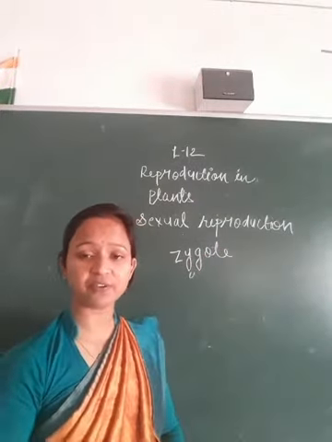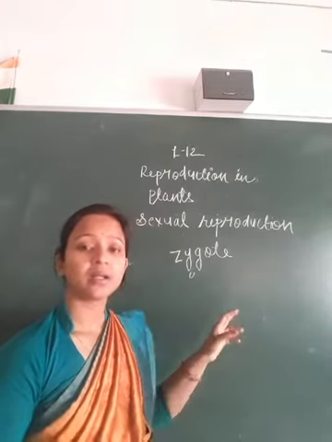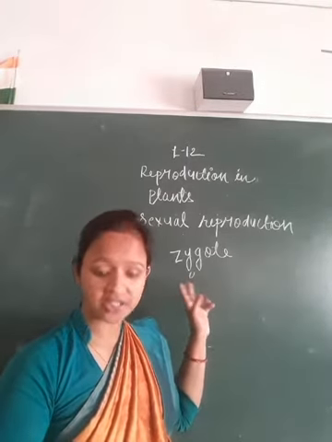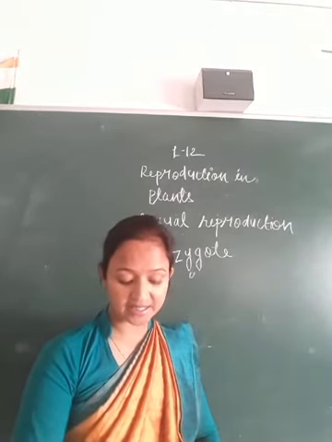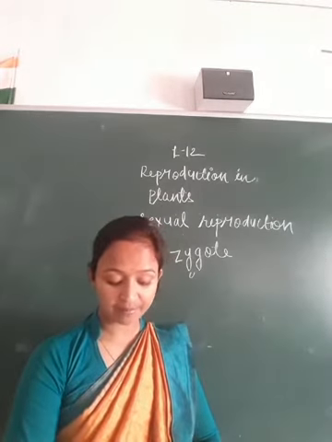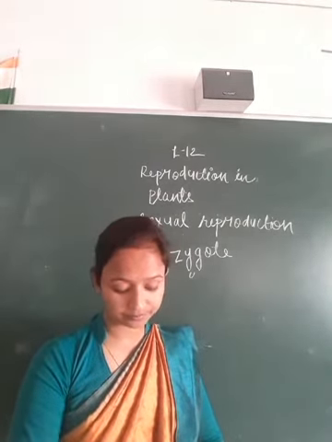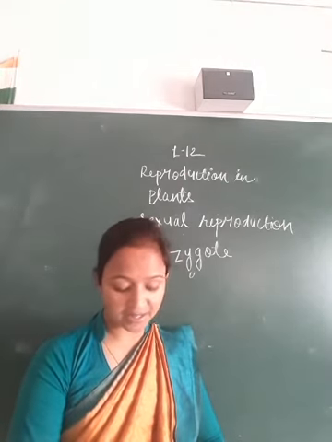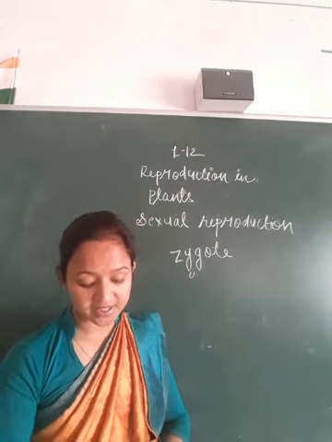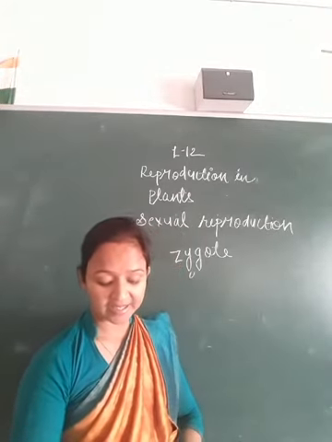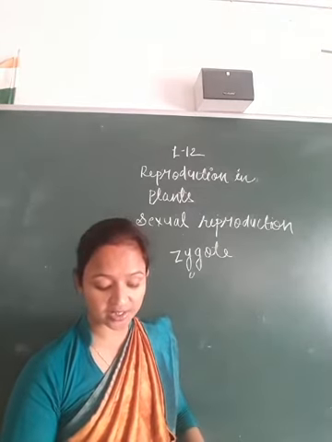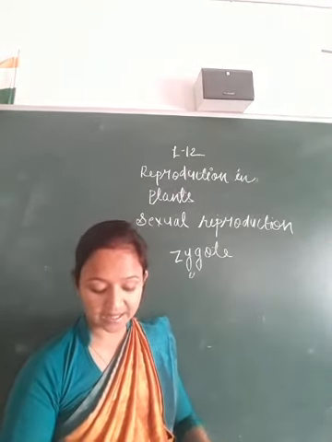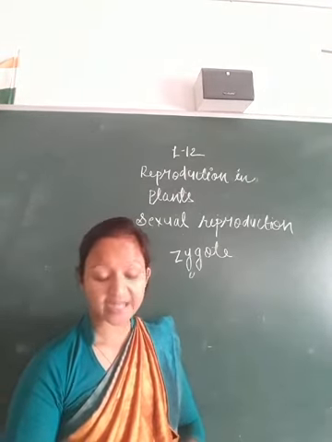Means after fusion, what is formed? That is the zygote. The male gamete in the flowering plant is the nucleus in the pollen grain, and in most animals it is the sperm. The female gamete in plants is a large egg cell in the ovule, while in animals it is the ovum. After fertilization, the zygote undergoes cell division and growth. Ultimately, it forms the new individual.